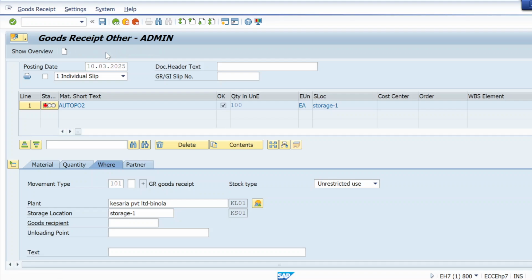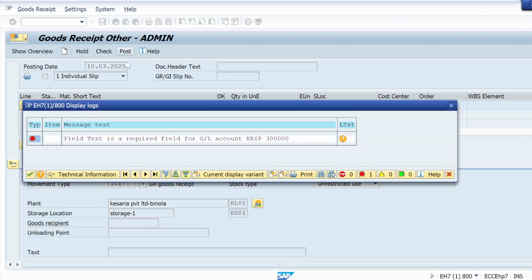Check. Post. This is still coming. Okay, so I will make a video on this. Whatever comes up in the S4 system, I have to resolve with the help of ABAP by just doing debugging. Because we are giving the supplier, but it's still asking for the supplier. But this error, soon I will post a video on that Skype group, on how to resolve that. And I will also upload a video on my YouTube channel.